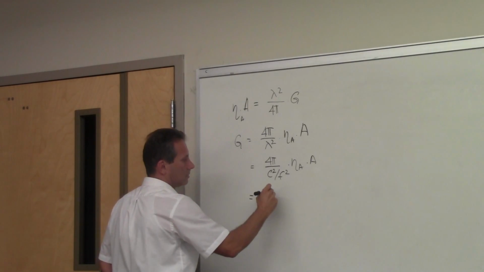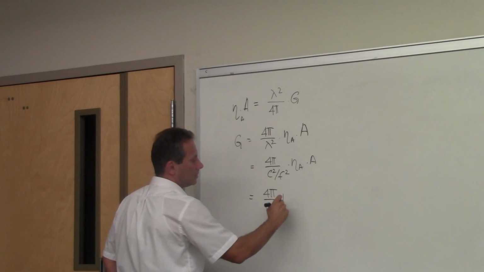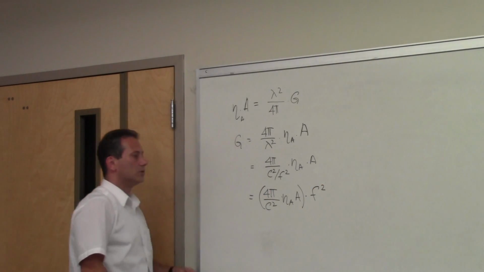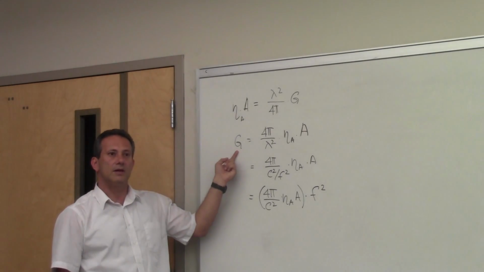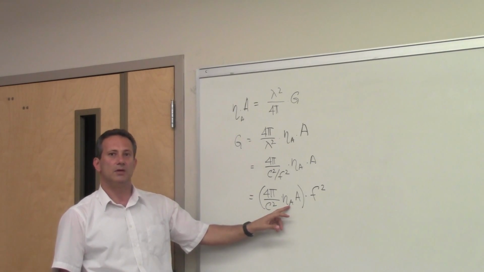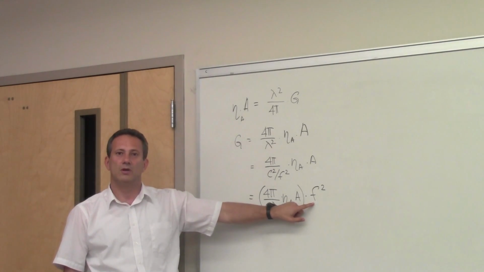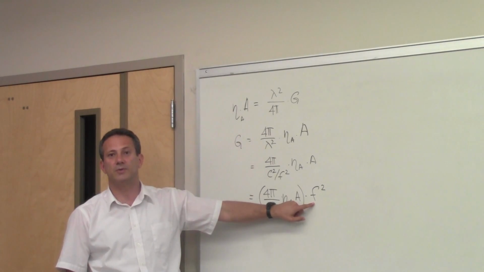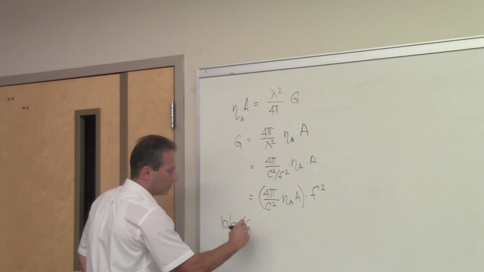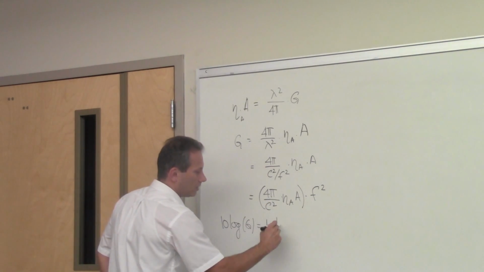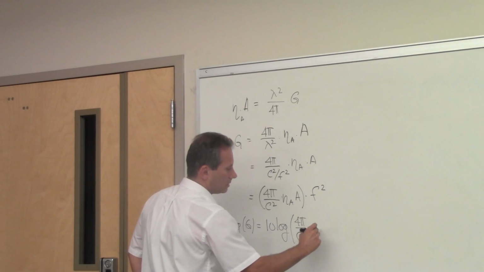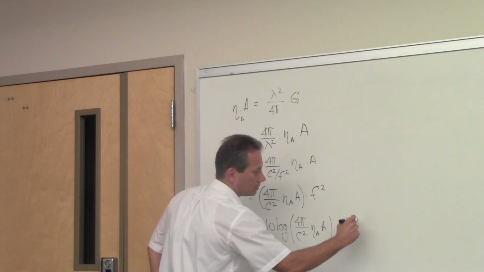And if you just group things together, what you learn from here is that the gain of the antenna for a given physical size, and let's say we maintain the efficiency the same, grows with the square of the frequency, or 20 dBs per decade, right? If you take 10 log of both sides, you get 10 log of gain, which is the gain expressed in dBs, is 10 log of whatever I have here, 4 pi over c squared times A, plus 20 log